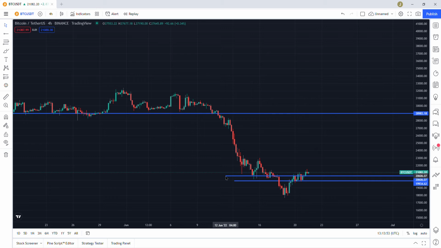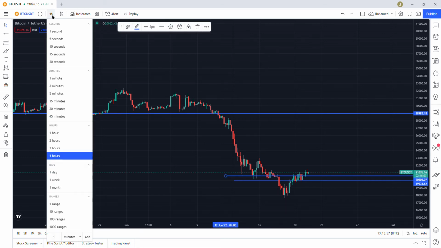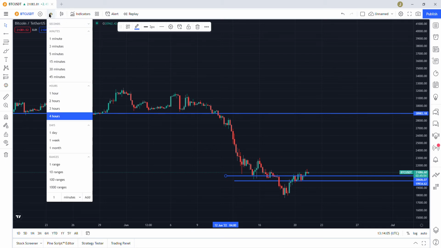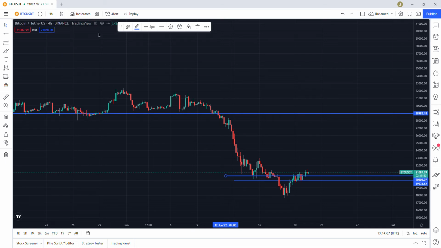And remember, this strategy works on 1 hour, 2 hours, 3 hours, 4 hours time frames. So if you're talking about the scalping strategies, always make sure that you're using a higher time frame. You get? All right, and